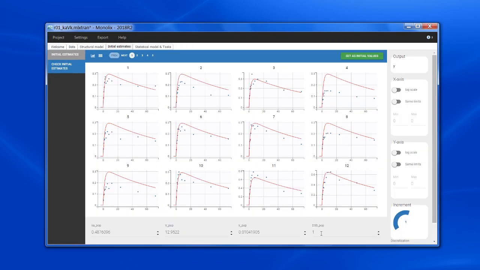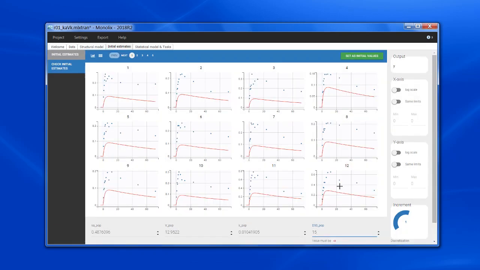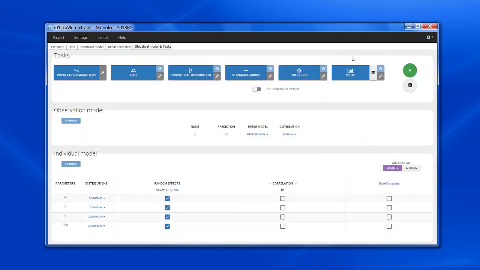For the initial value for D50, I should take something that is in the range of the doses I have used in the dataset. So let's start with 15, for instance, set as initial values. And for D50, I will also remove the random effects.